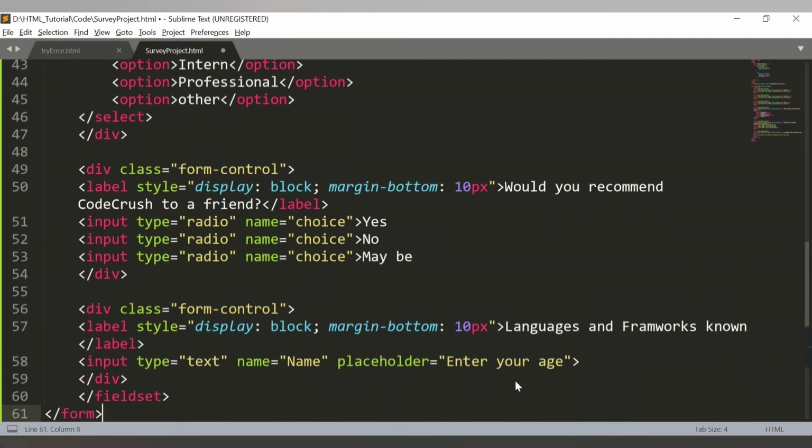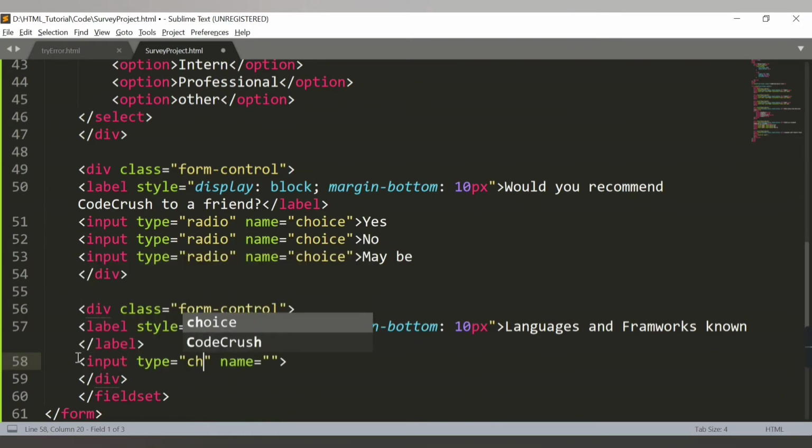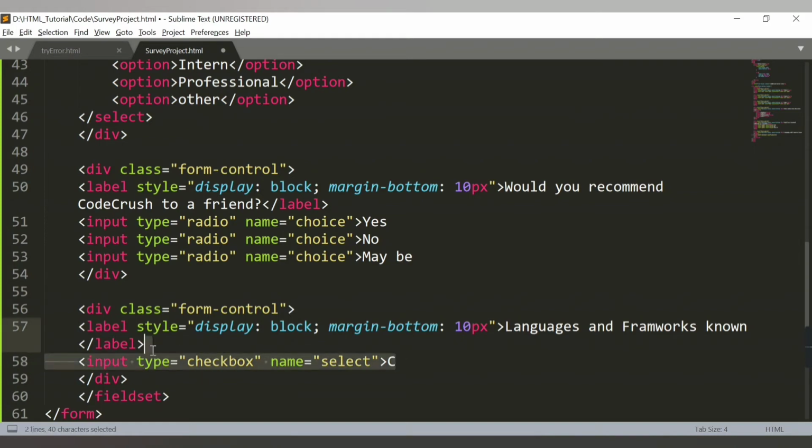So here it is the label, and now we need to provide input type checkbox. So input type will be checkbox. Let's provide name here. Let's say select is the name, and here you need to provide value 1. Let's say I provide here C, and similarly you need to provide multiple values here.